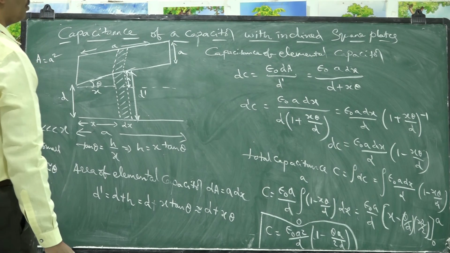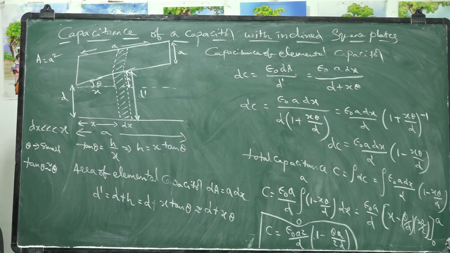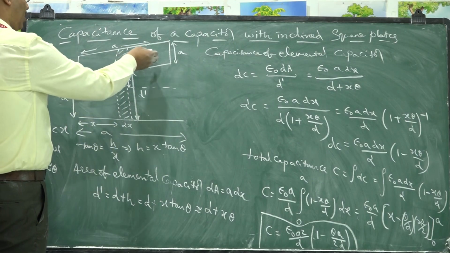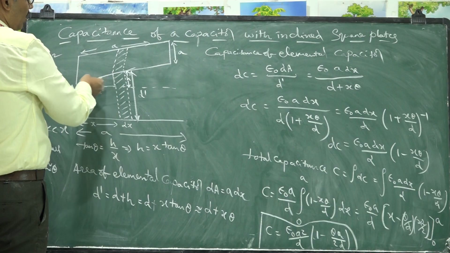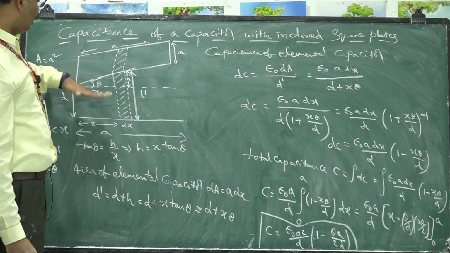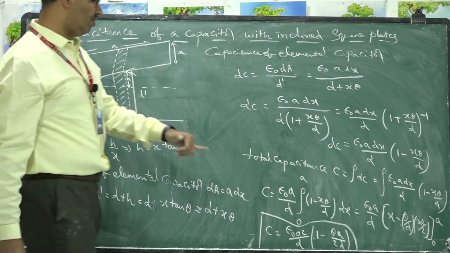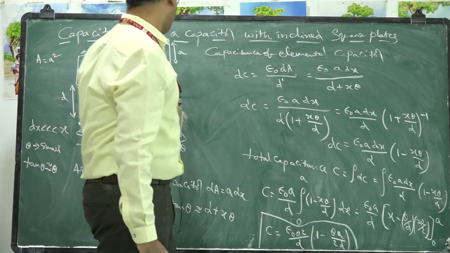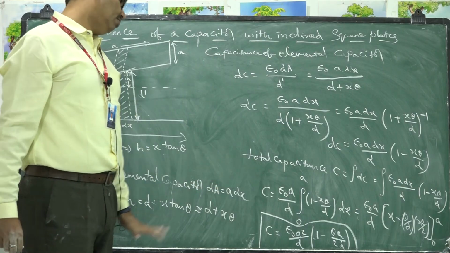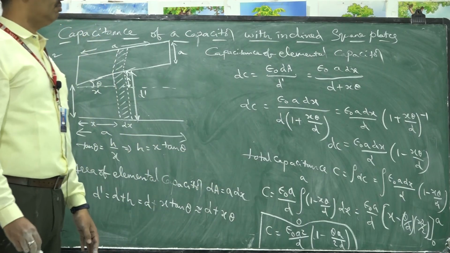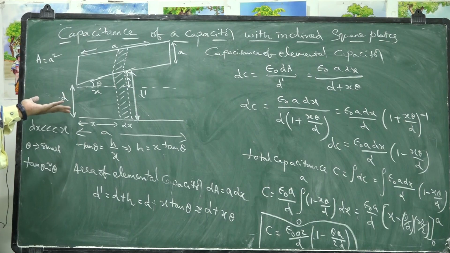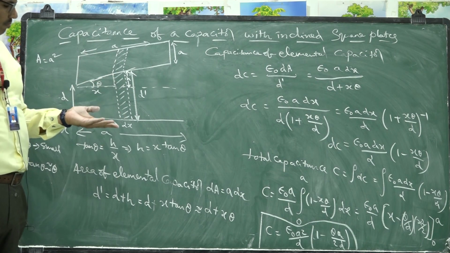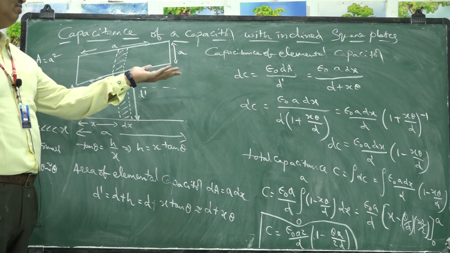That is the capacitance of a capacitor in which square plates are inclined to one another at an angle theta. If suppose it is a parallel plate capacitor, theta is 0. When you keep theta equal to 0, we get epsilon naught a square by d. A square is nothing but the area of each plate, so epsilon naught A by d, the same formula will come. So we will apply basic mathematics to solve any situation with the basic understanding of the capacitance formula. Thank you.